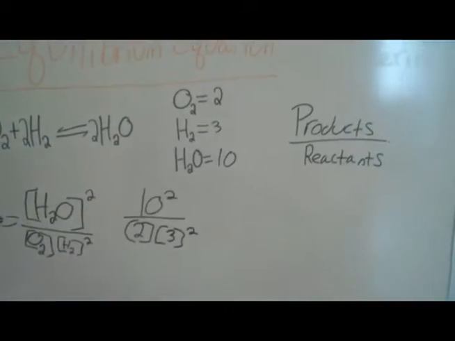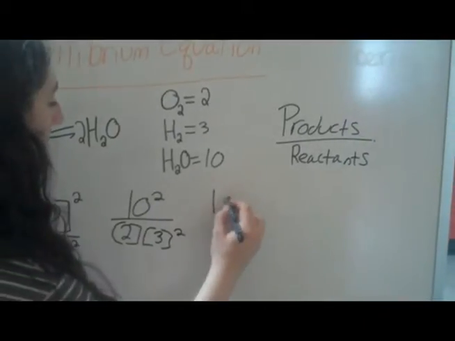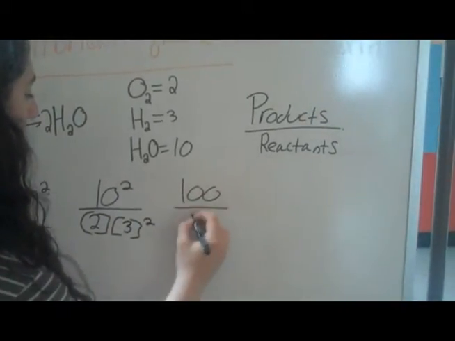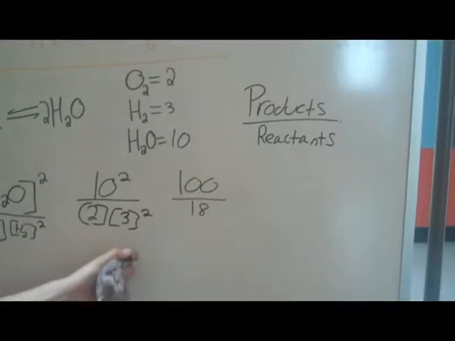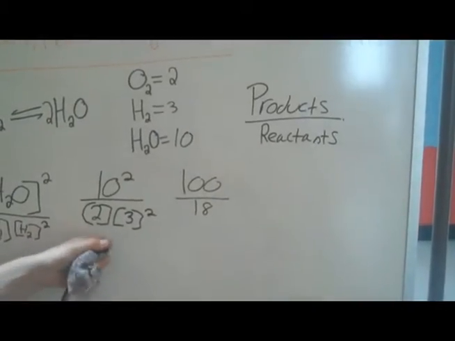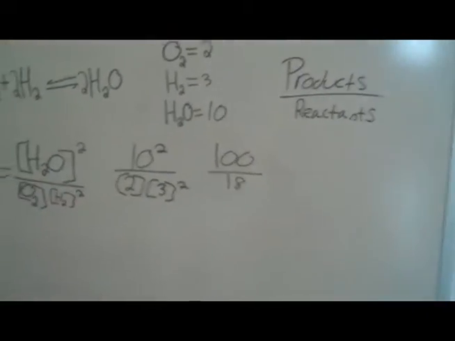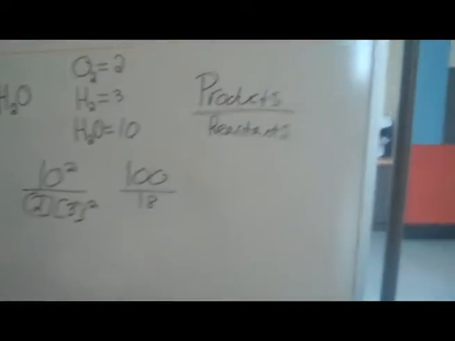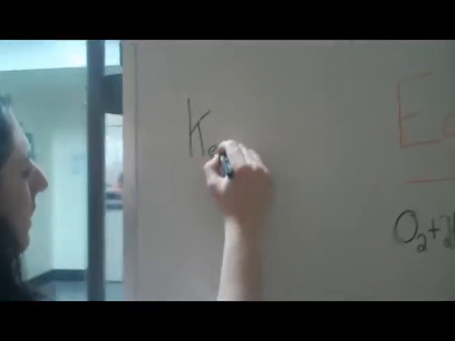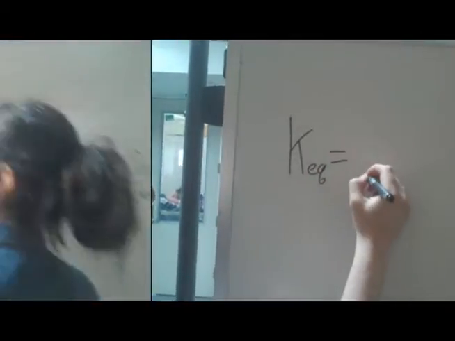So now to put this all together, it's 100 divided by 18, because 3 squared is 9, 9 times 2 is 18. So now we're going to divide these, so K equals